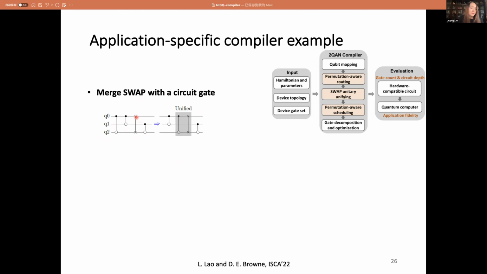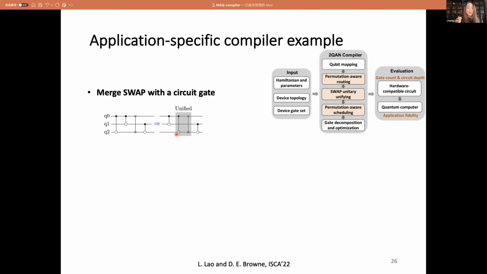And if the swap gate and the circuit gate are applied on the same qubit pair, then we could move the circuit gate and unify it with the swap gate. In that sense, we will reduce the number of native 2-qubit gates in the decomposition. So this will help us to minimize the circuit size.